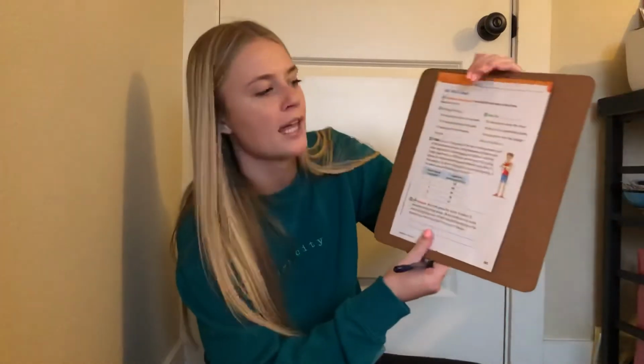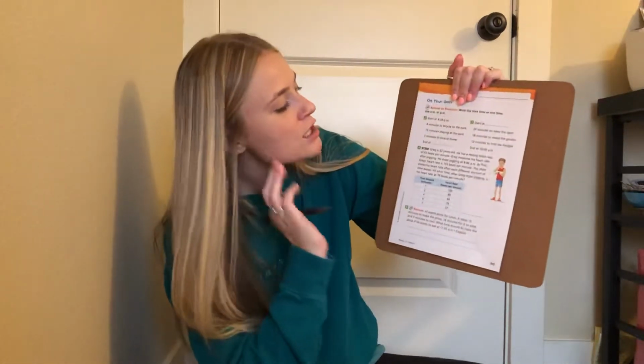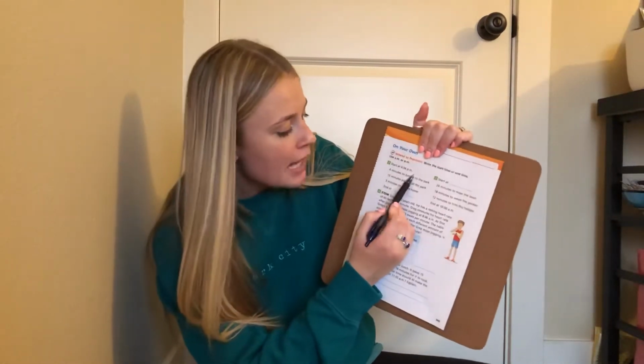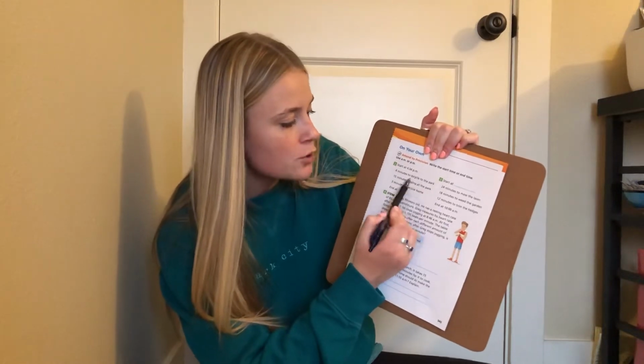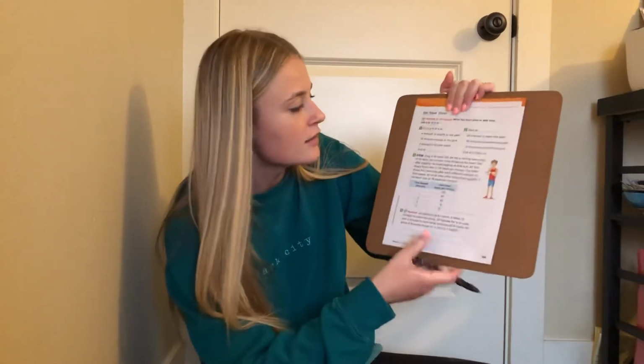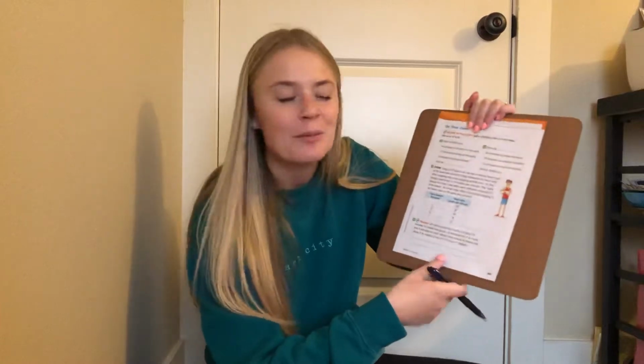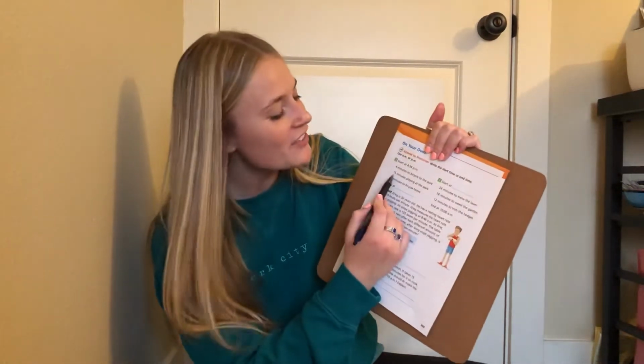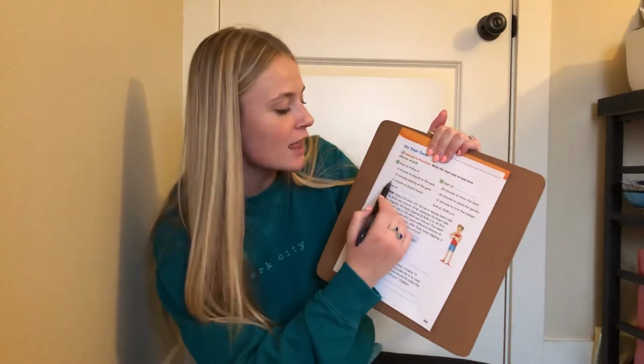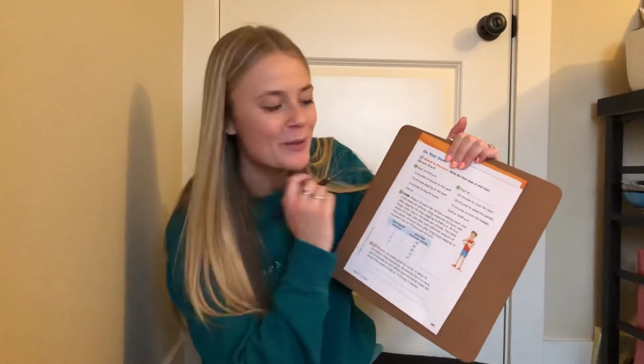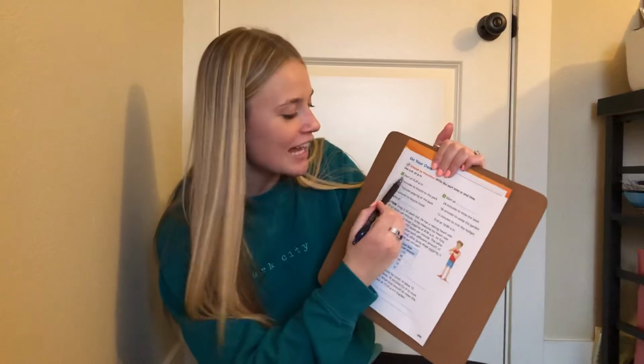All right, next page. On your own. Number 2. Ooh, looks tricky already. Start at 4:34 p.m. 4 minutes to bicycle to the park. To bike to the park. That's how I would say it. 15 minutes playing at the park. 3 minutes to bicycle home. To bike home. All right. Start at